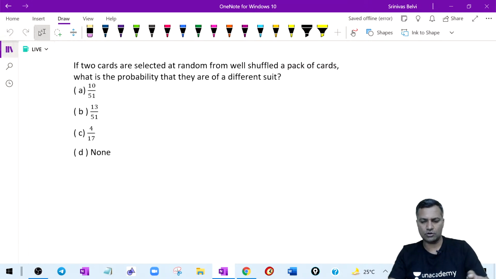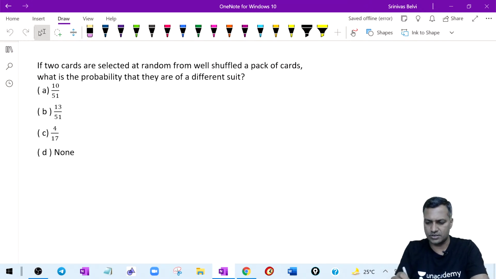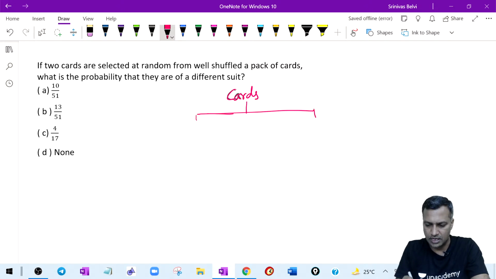Let me give a quick background just in case somebody is not aware of cards. This is what the cards look like. Yes, guys, card questions have come in the exam. So as a part of the warm-up, I've taken the cards. Yesterday I did coins and dice. Just as a part of the warm-up, I'm doing this cards part.